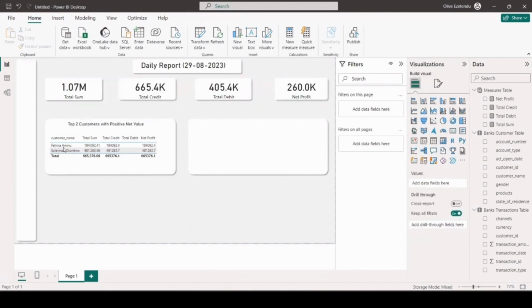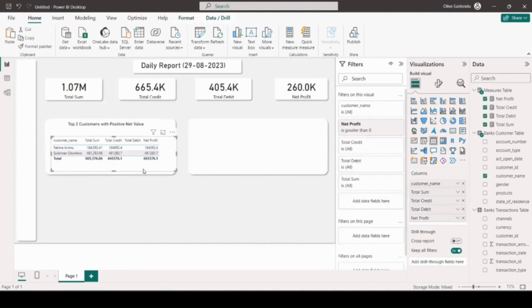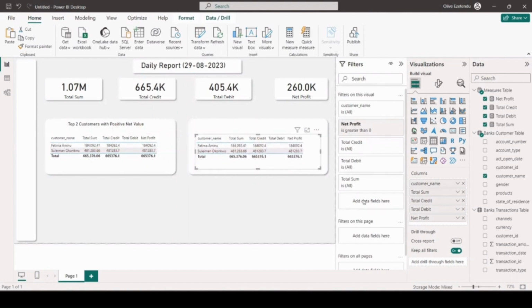So this is what we are looking for, top 2 customers with positive net value. Now let's go to the negative and see. So I'm just going to copy this and paste it, and I'm going to drag this here. So now that we're here, let us go and see our top 2, if we have up to top 2. So we're just going to go back to the net profits,